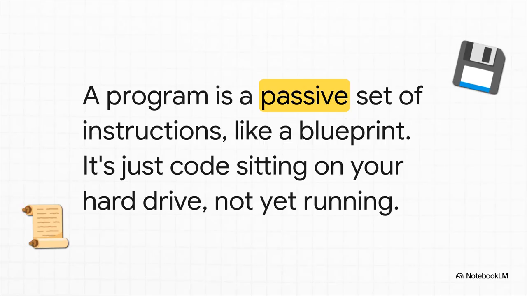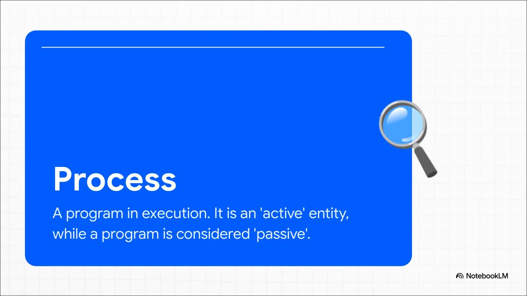So first up, you've got the program. A program, like the code for Chrome or Spotify, is basically the architectural blueprint for a new company building. It's just a set of instructions, sitting there on your hard drive, totally passive. It's not doing anything yet, it's just the plan. So what happens the second you double-click that icon? Well, that's when the COO, our OS, grabs that blueprint, brings it to life, and it becomes a process. It's not passive anymore. Now it's an active entity ready to get to work.